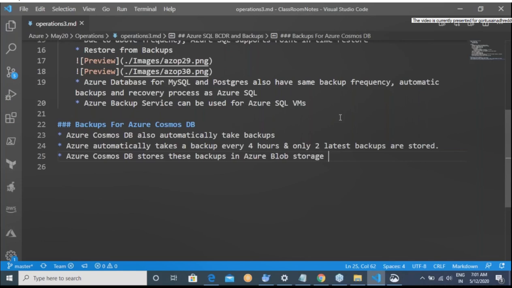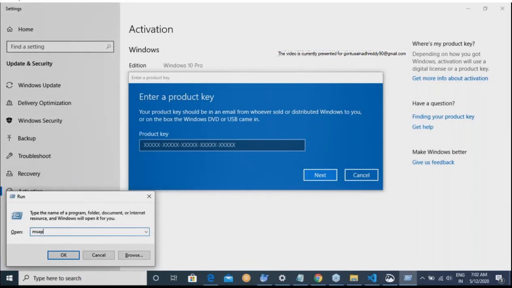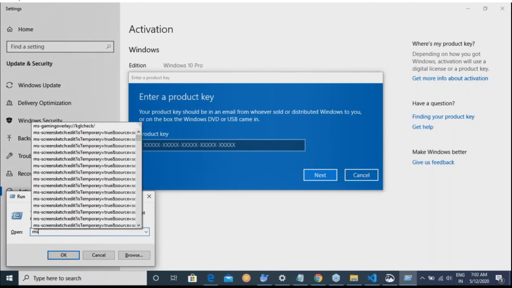The only thing you need to do is, whenever you want to restore your database, you have to tell that you want to restore it. NoSQL databases have this concept of partitions. Let me not get into it deeper, but let me try to tell you how the partition works.